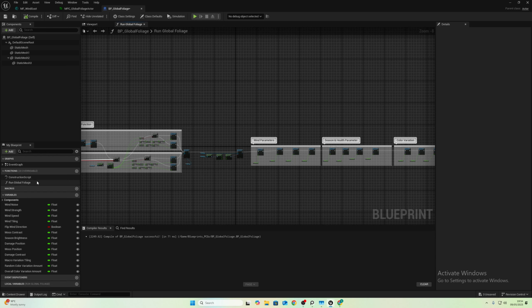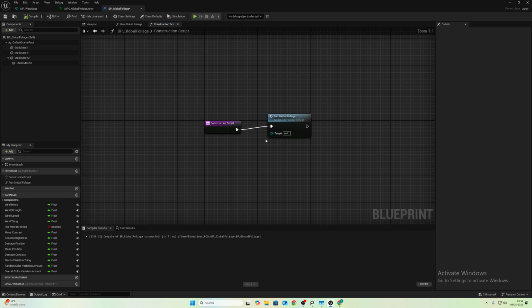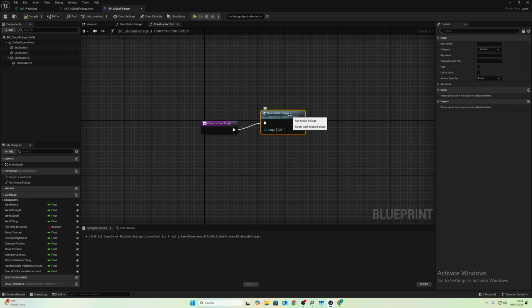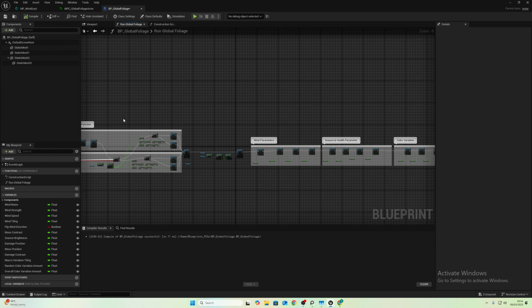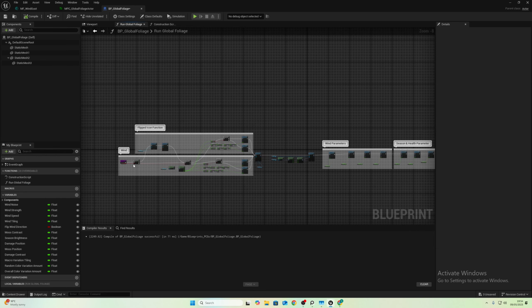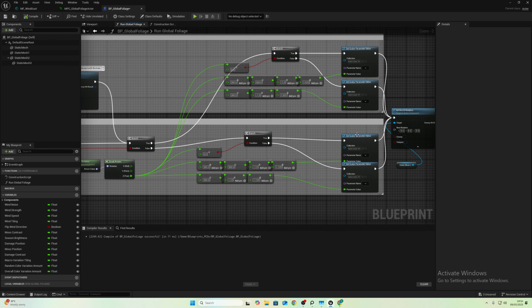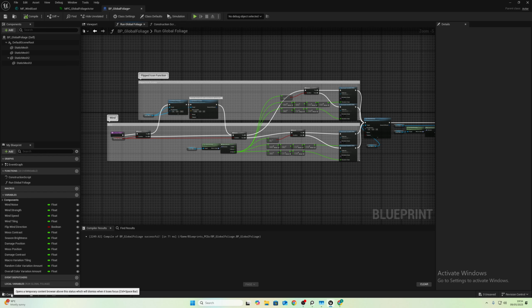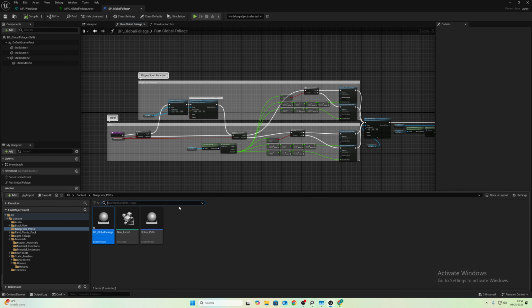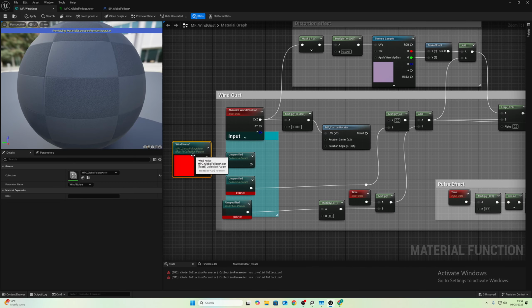We can just check our construction script as well. Yep, so just run global foliage, which means just run this function. And we can just check. We know where the actual ones are in case we need to reference them, but I would rather not until we have everything in the scene. So we've got wind noise, wind speed,